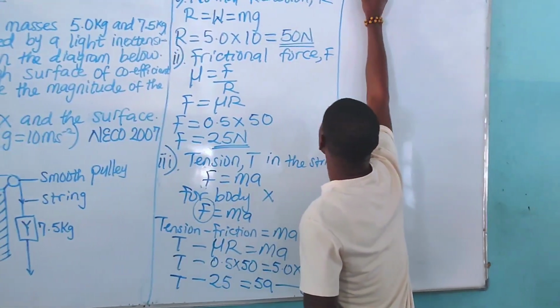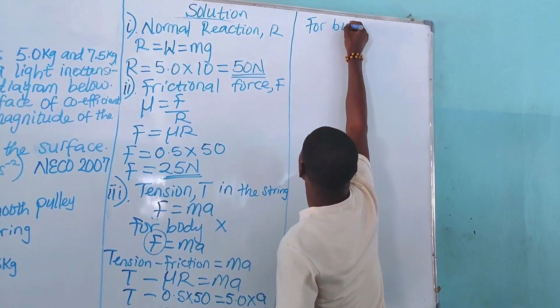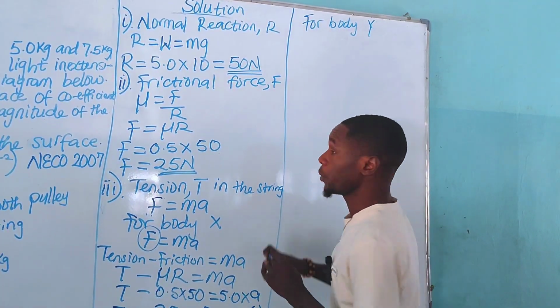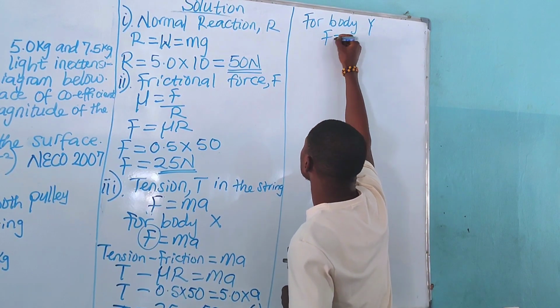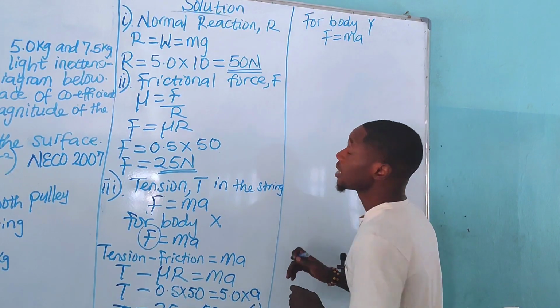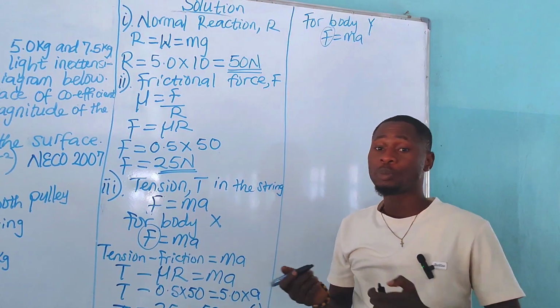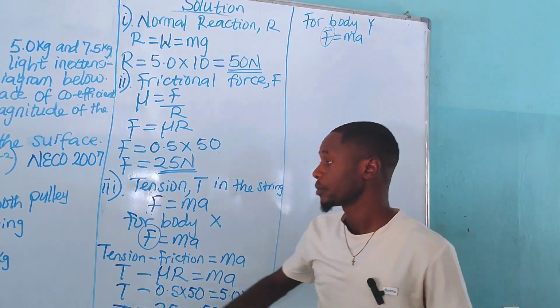Now let us also do the same thing for body Y. So we'll write that for body Y, we'll do the same thing. We know that our force is equal to mass times acceleration. And the force in this case is still going to be the unbalanced force between the